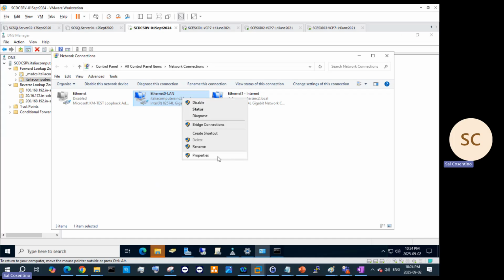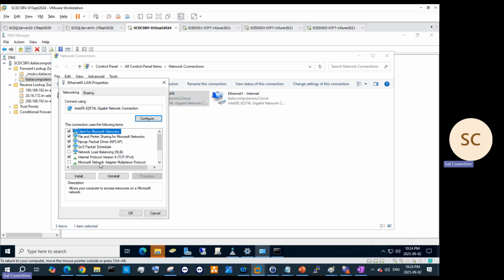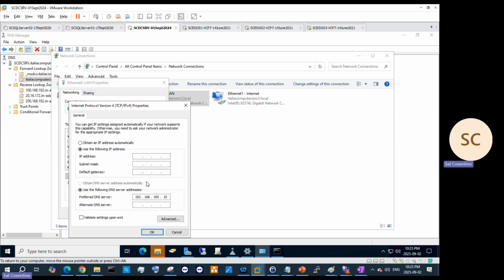So we're gonna configure the LAN to static IP. Just remember you remove your IPv6, TCP IPv6, and your IPv4. You're gonna go to properties. We know that our preferred DNS server is 10. Our default gateway is the same, and our IP address is this. What was what we gave it? Can be anything,